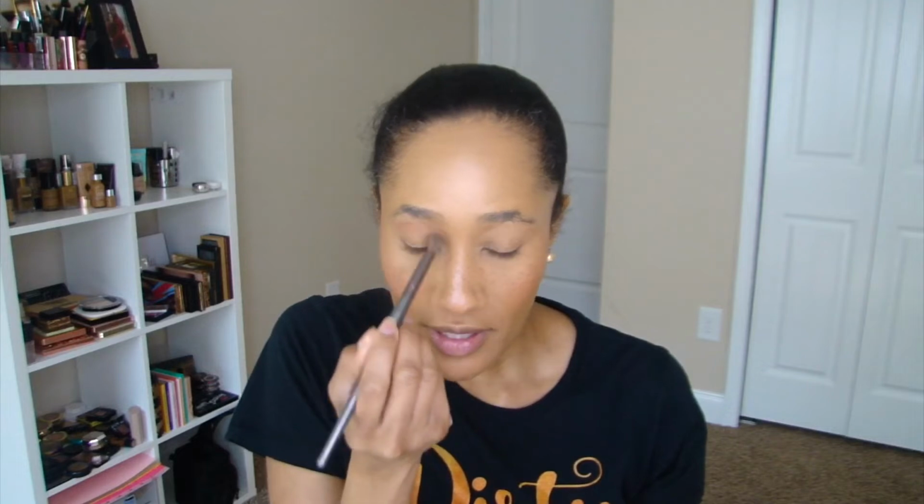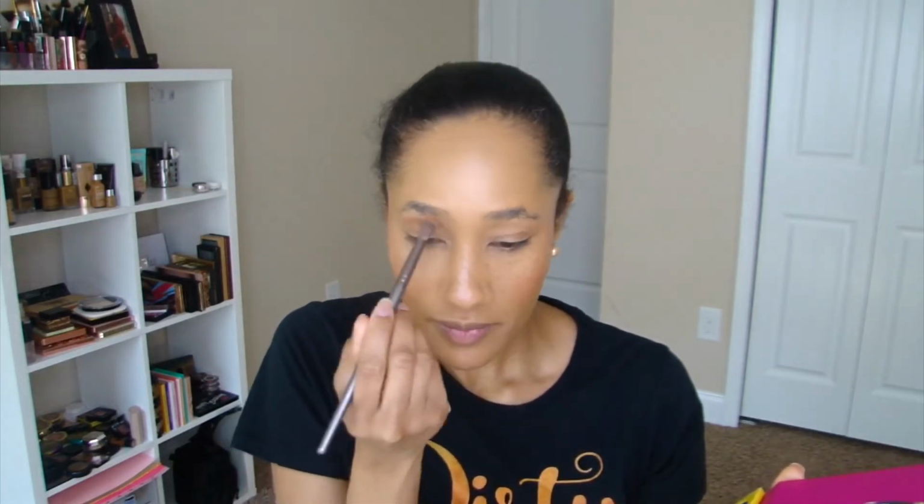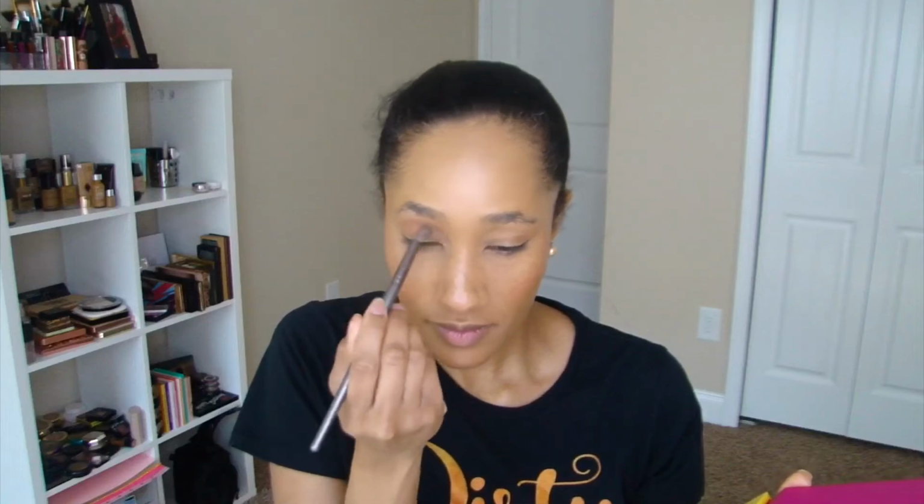I'm gonna start with this color right here called Zulu, and run that as my transition color. I'm using the BH Cosmetics V5 brush. Okay, next I'm going to go in with this shade called Zobo,